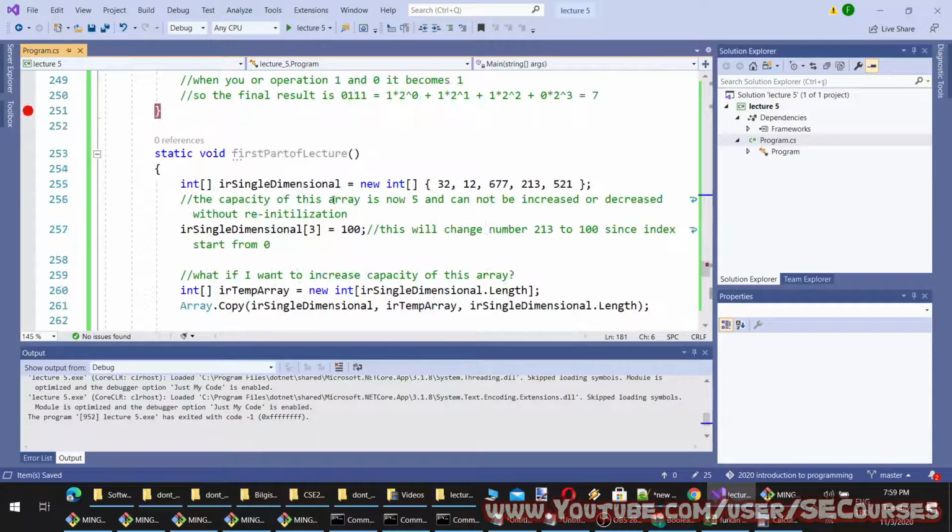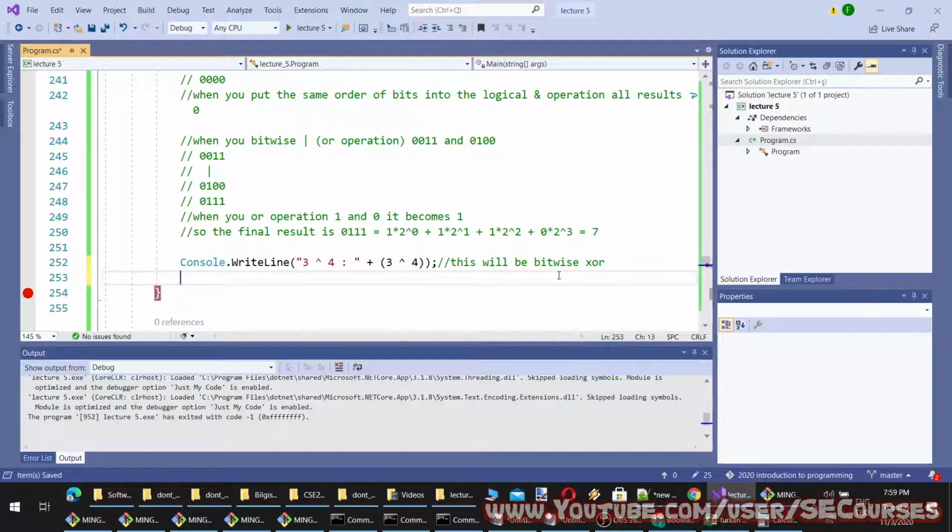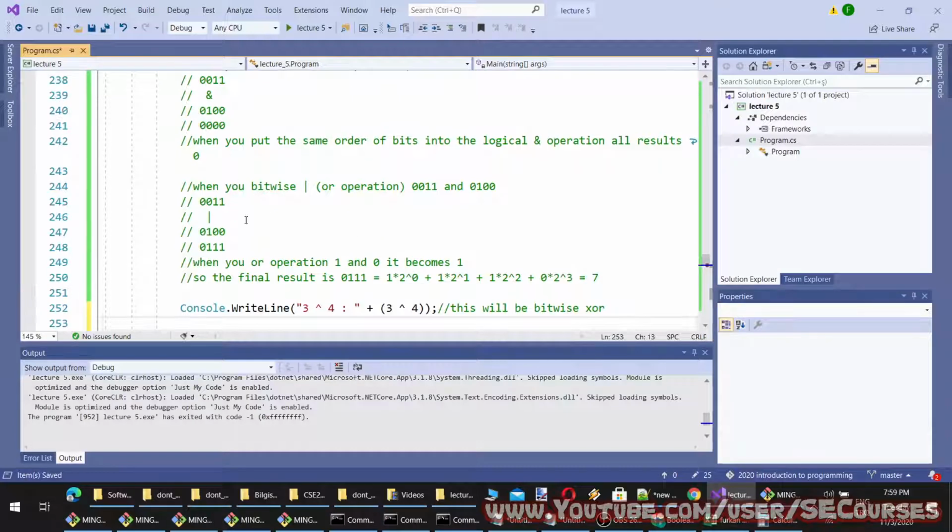Let's try it. 3, 4. Okay, it looks like it's working. So this will be the bitwise OR. XOR. So what would you expect from this? I think it is easy to calculate. Let's calculate it.